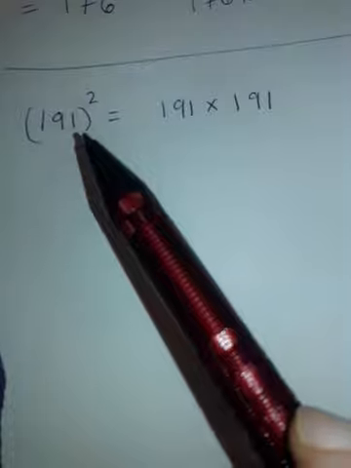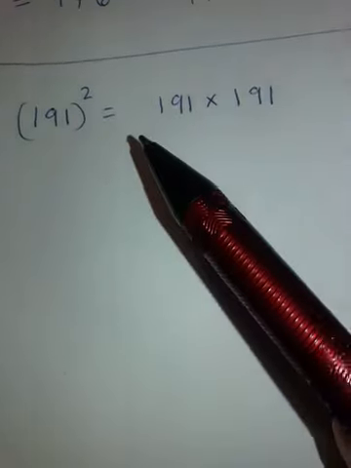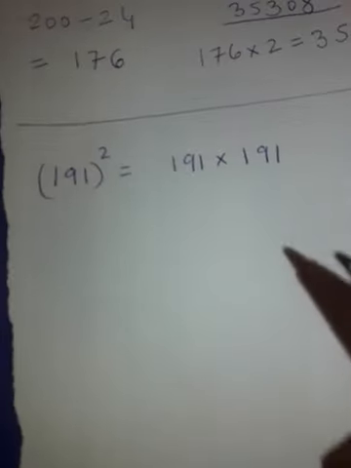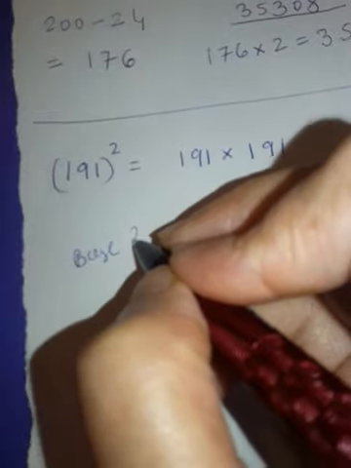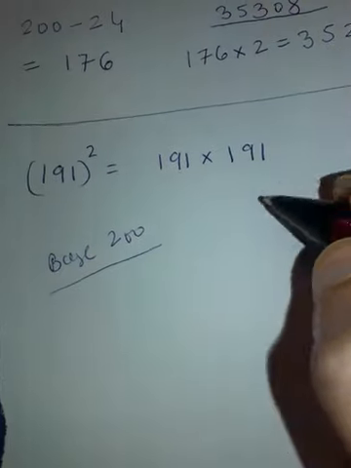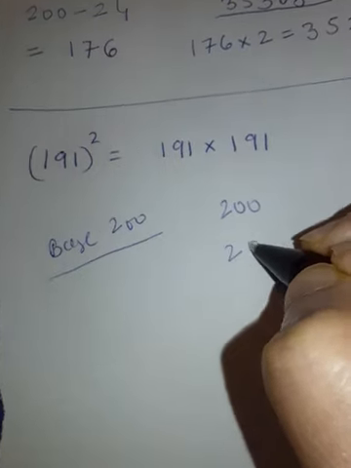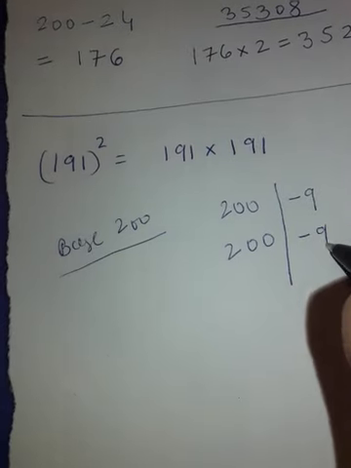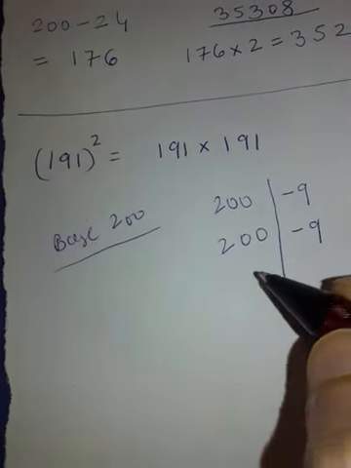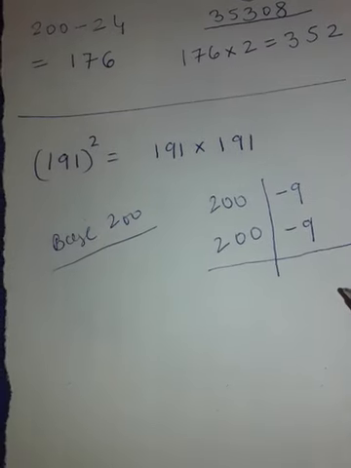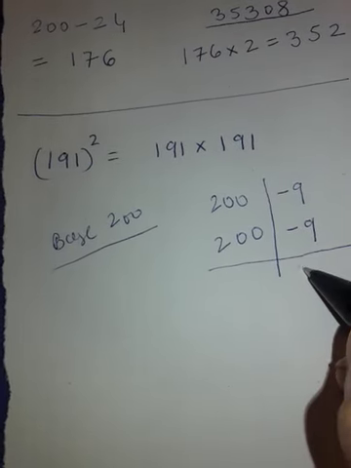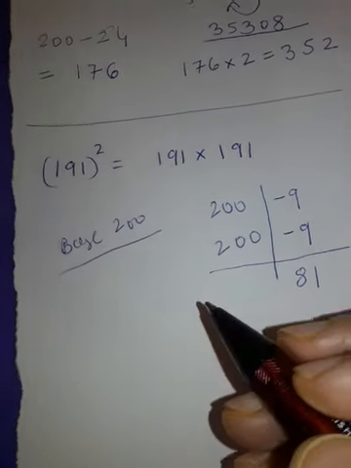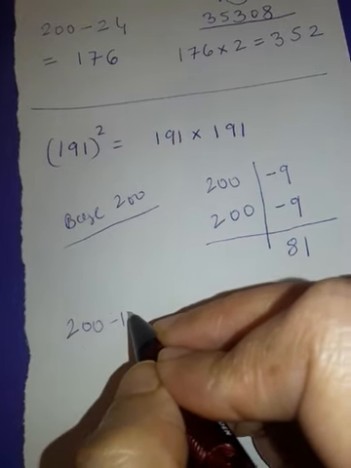Suppose we need the square of 191. That is 191 into 191, both numbers less than the common base 200. So again I can take common base 200, right? Now I'm going to write this number using 200 as base. This is minus 9, minus 9. 200 minus 9 is 191. What is the next step? Take the product. Minus 9 minus 9 product is 81. Now take the sum. Minus 9 minus 9 is minus 18. 200 minus 18 is